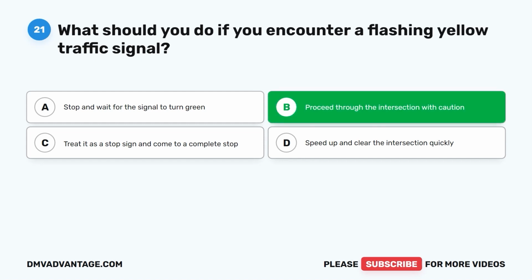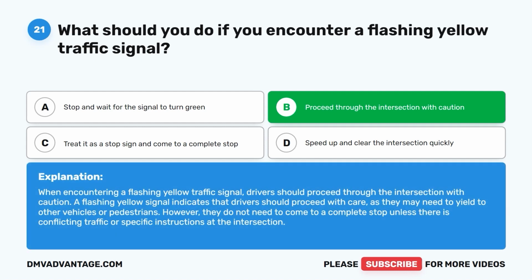The correct answer is B. Proceed through the intersection with caution. When encountering a flashing yellow traffic signal, drivers should proceed through the intersection with caution. A flashing yellow signal indicates that drivers should proceed with care, as they may need to yield to other vehicles or pedestrians. However, they do not need to come to a complete stop unless there is conflicting traffic or specific instructions at